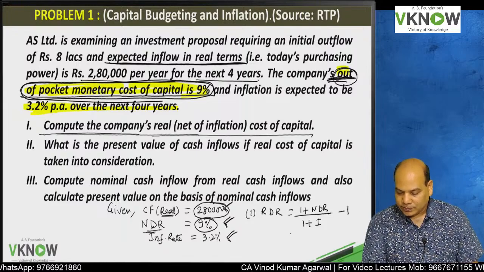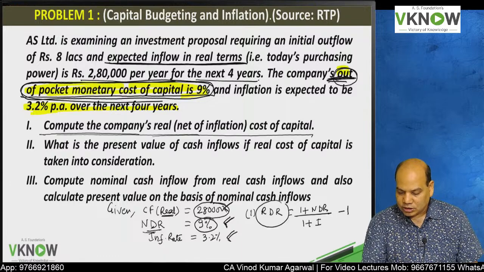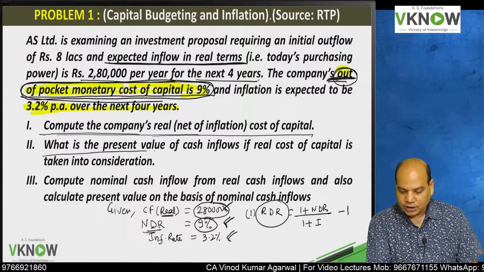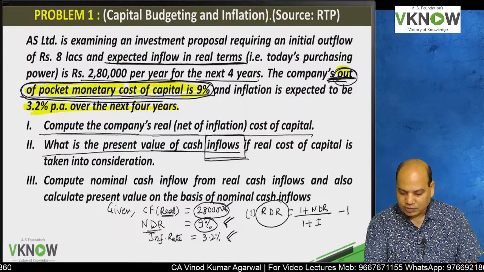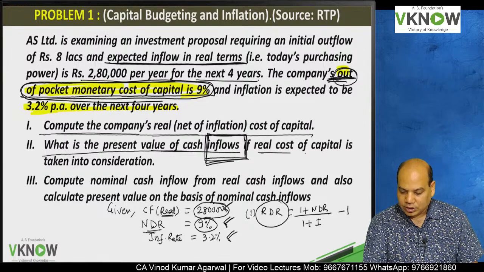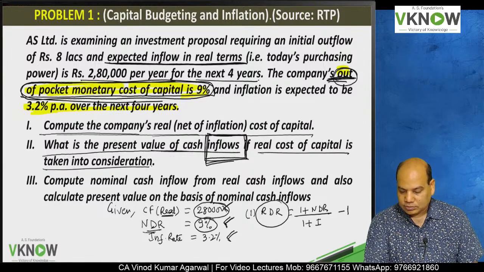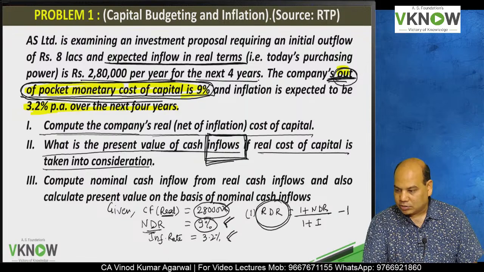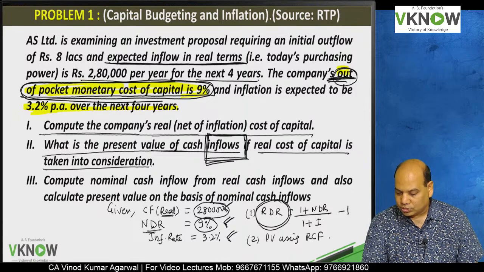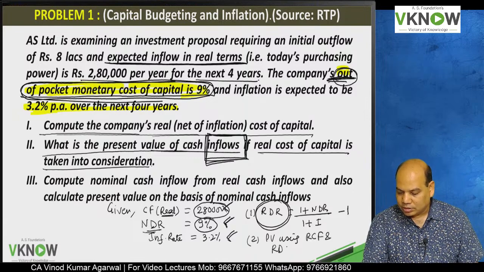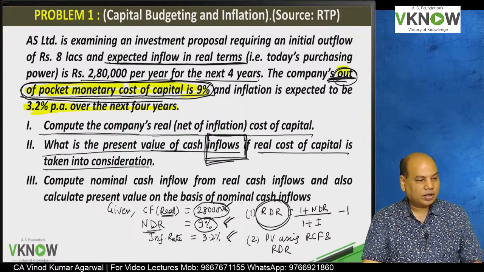Second question is, once you compute the real discount rate, you can find the present value of cash inflow, not NPV, only inflow, using the real cost of capital. So the first step will be the real discount rate. The second will be present value using real cash flow and real discount rate. And the next one,